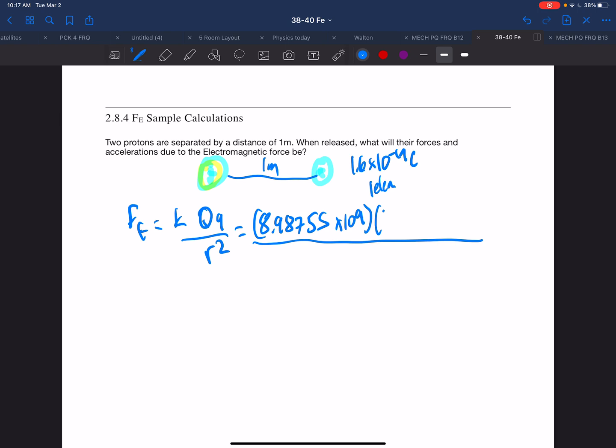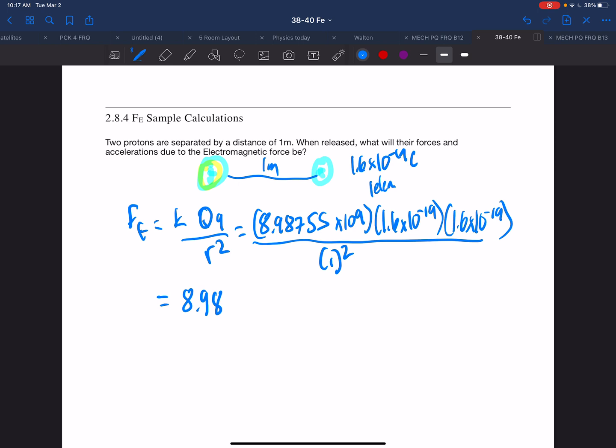So we have one proton, which is 1.6 times 10 to the minus 19th, and another proton, 1.6 times 10 to the minus 19th. Now, of course, in this case, we don't see one as a larger charge than the other. They're both the same. And as we've said in the past, commutative law of multiplication, it doesn't really make a difference. And the distance between them is 1. Oh, that's awfully nice. Well, as our process is, we bring out our numbers,